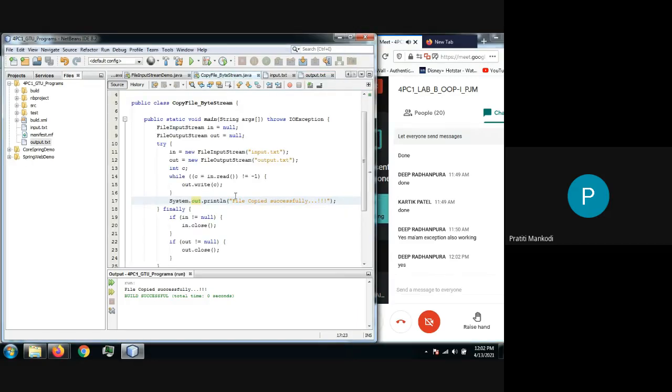Yeah, so I'm sharing the code with you all. There are multiple ways. This is what you are trying to do, copying byte by byte. You can also copy the content character by character with FileReader and FileWriter. We will see that later on in the next lecture. So that also can be done. There are multiple ways to copy the content. As we have already discussed, there are so many classes which do IO operations.